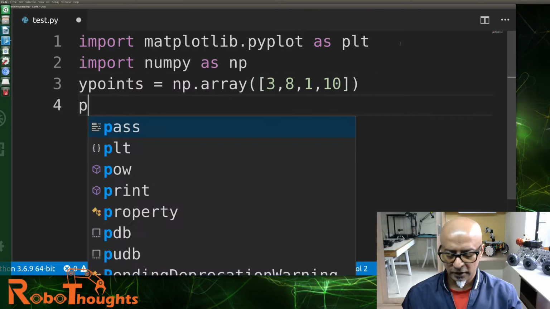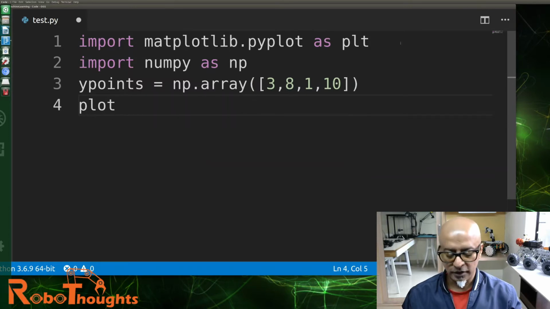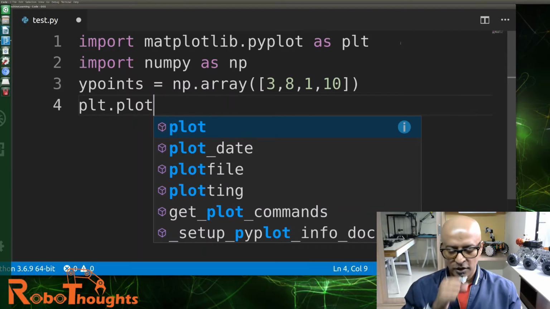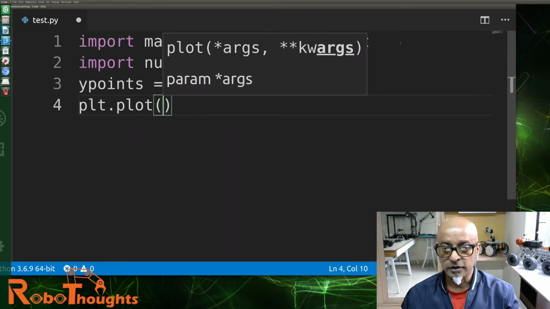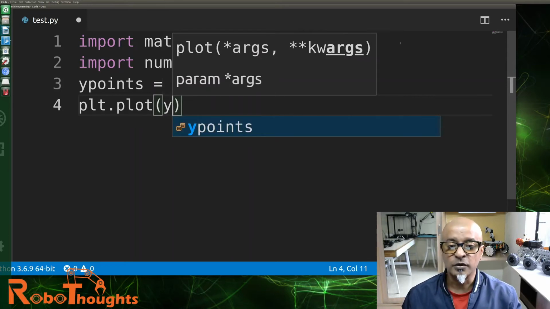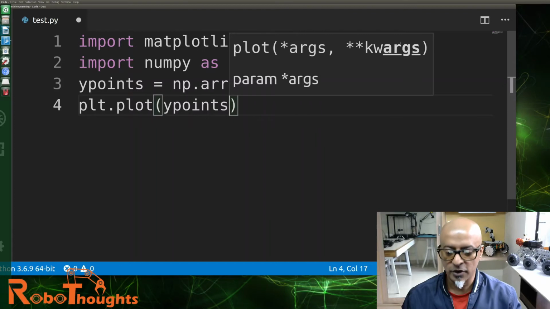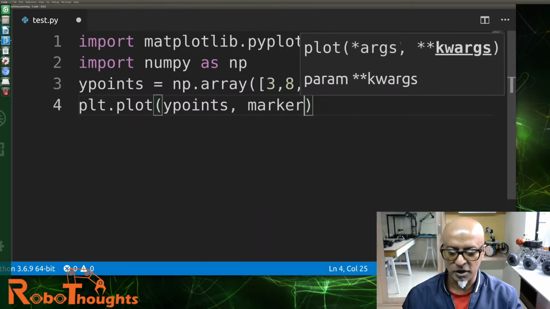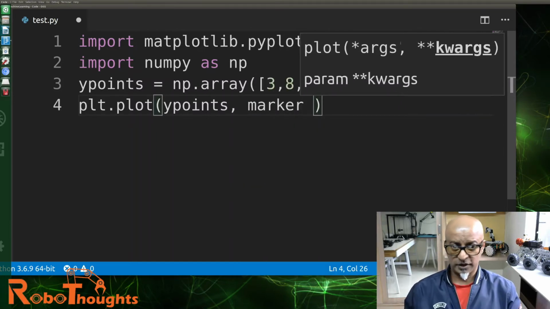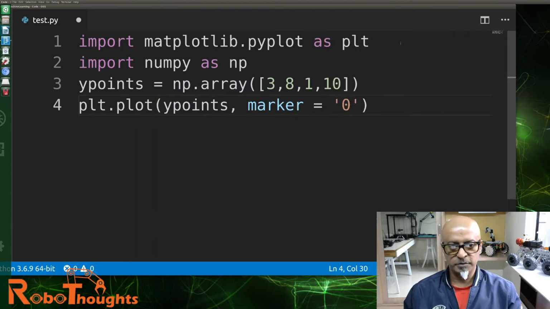And then let's plot, plt.plot. This is the function we will be using. We need to plot y points, comma, and then call the marker argument, and you can define the marker as, say, O in quotes, the letter O, not 0.